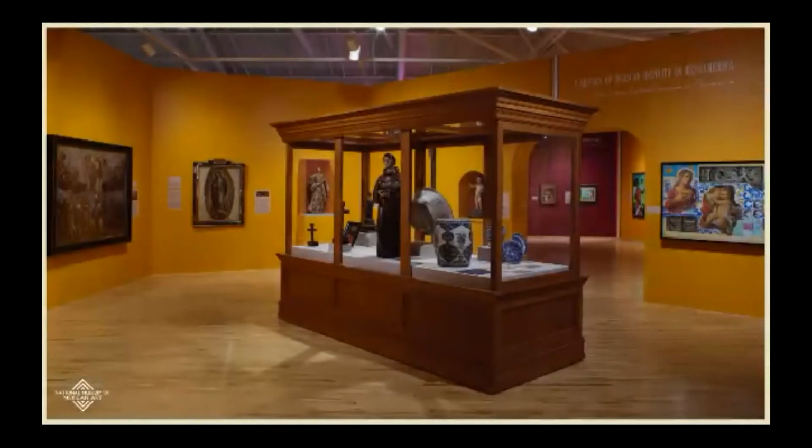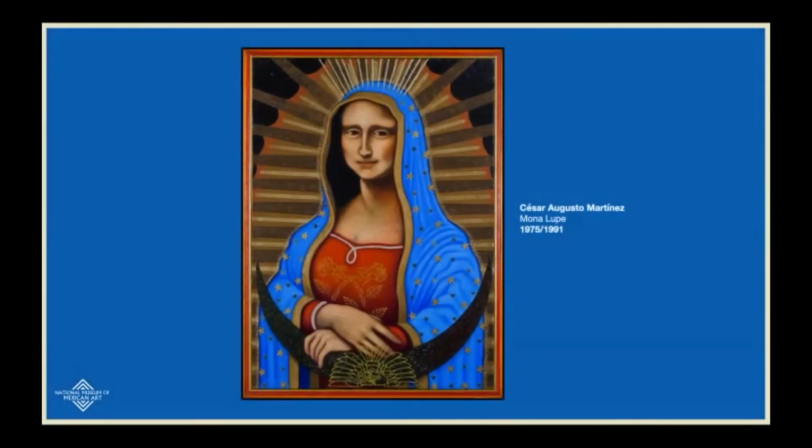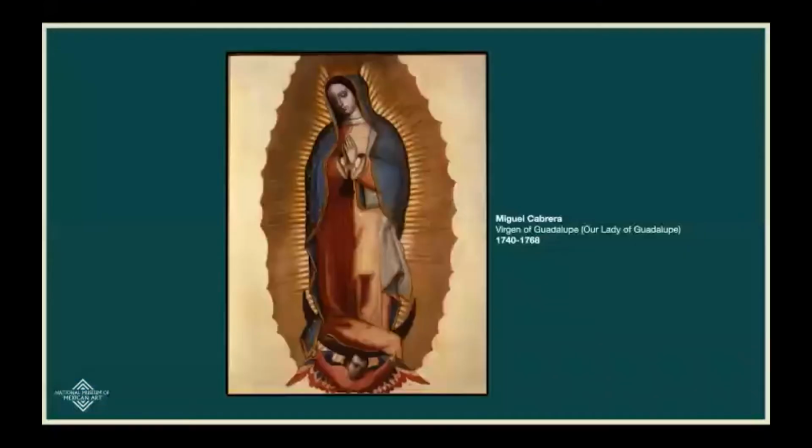Now, the Virgen de Guadalupe's image, right, carries three icons that make her special. One of them is the fact that she stands over a crescent moon, which you see right above the angel holding her up, right? And then you see the sun shining behind her, right? That kind of creates an aura around her. And then last but not least, if you look at her cloak, right, that is over her dress and her head, it is filled with stars. And so these three